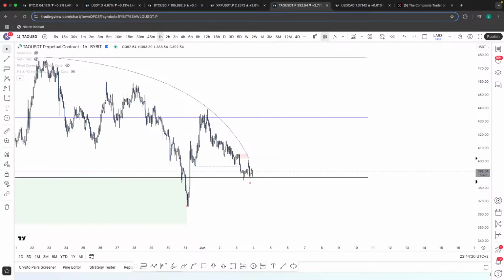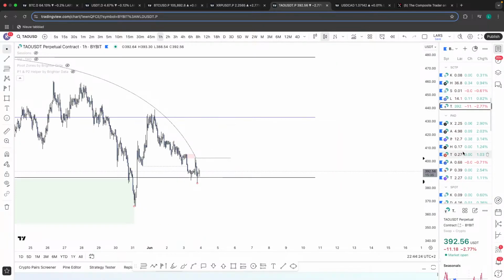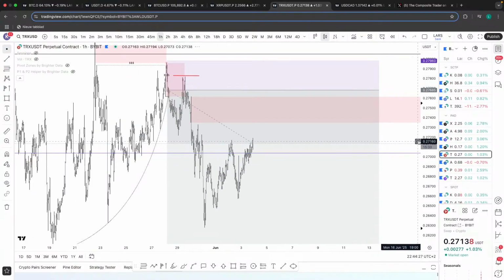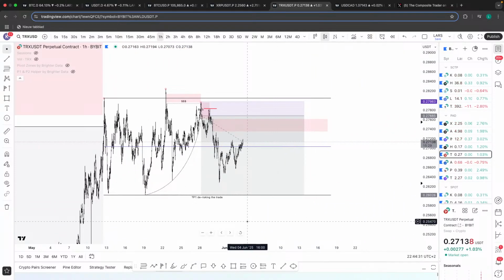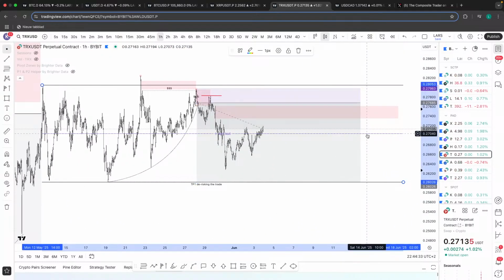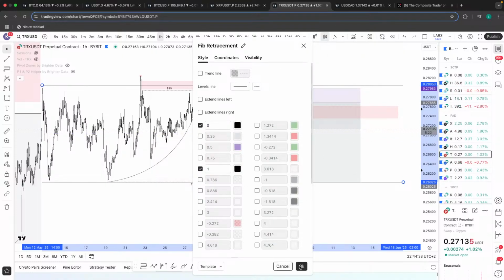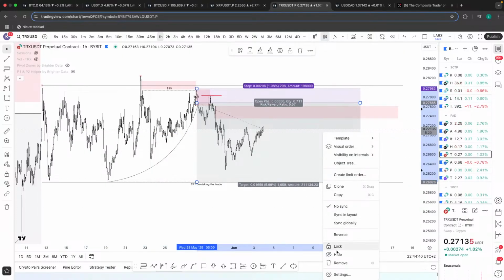TRX could have a nice redistribution model to complete the higher time frame model. I've basically been applying set and forget on TRX right here. If I were to take a trade, indeed, I think if you draw your range, it's very important, and you need to analyze this for yourself. Let me hide this one.